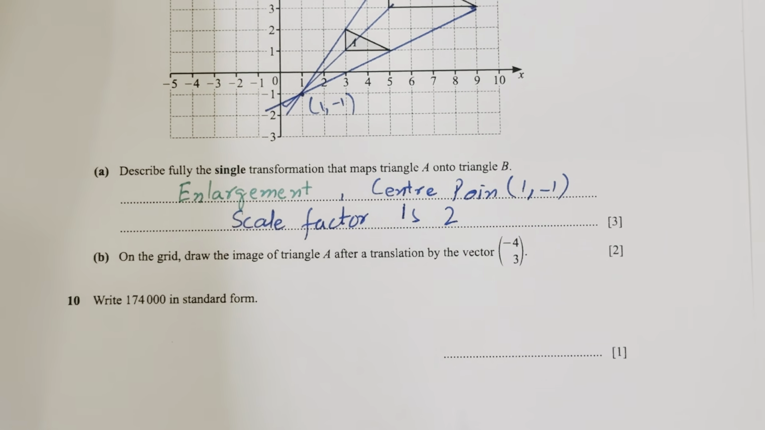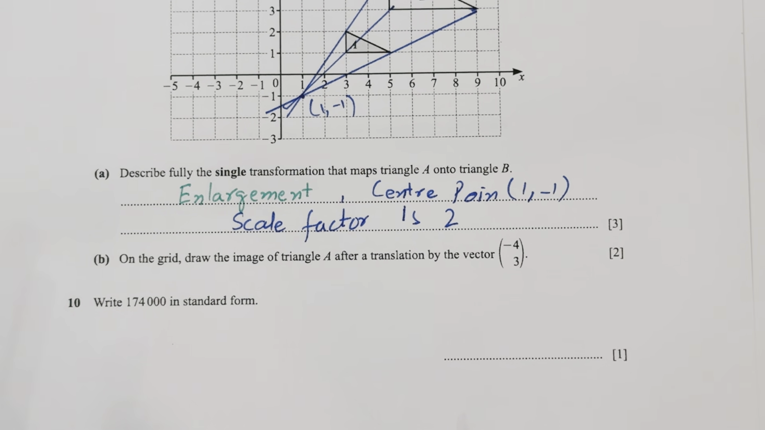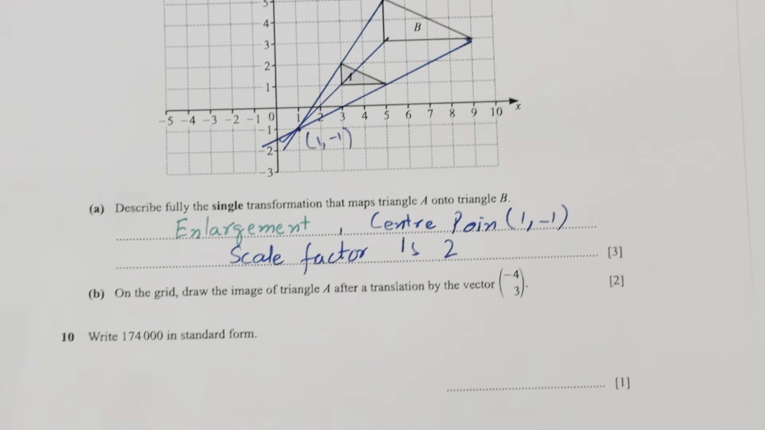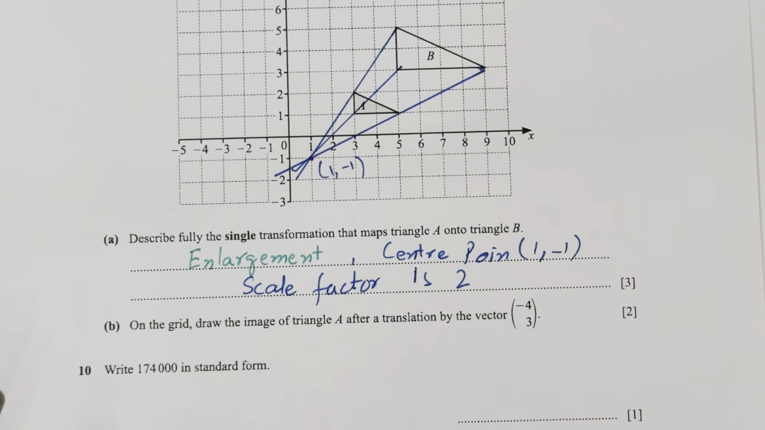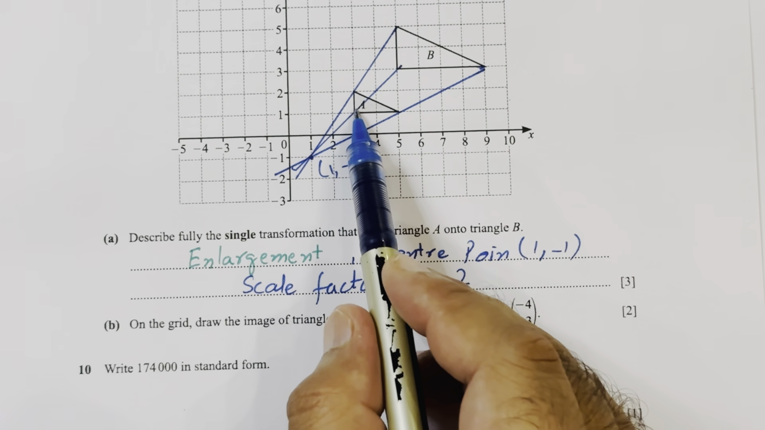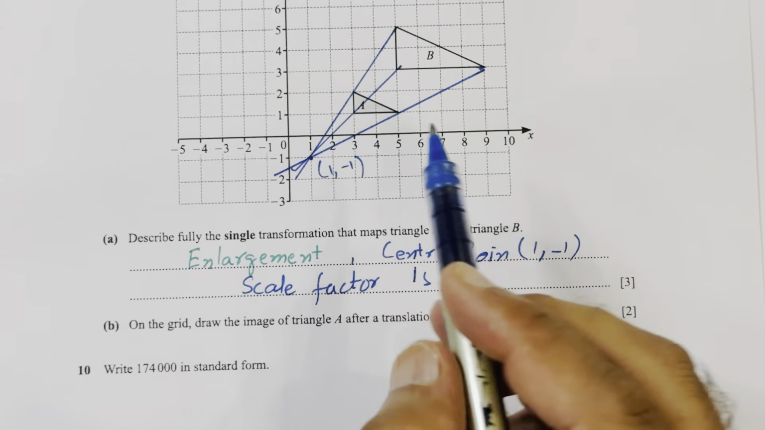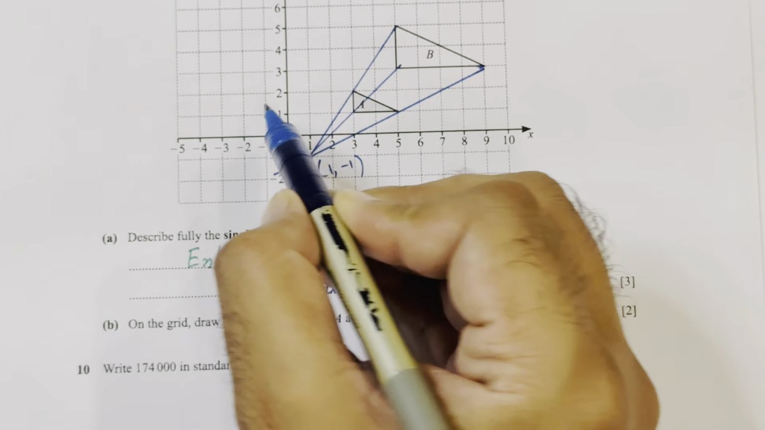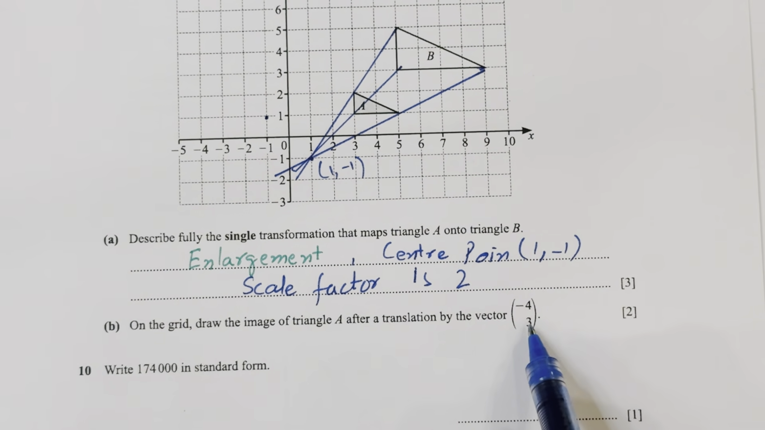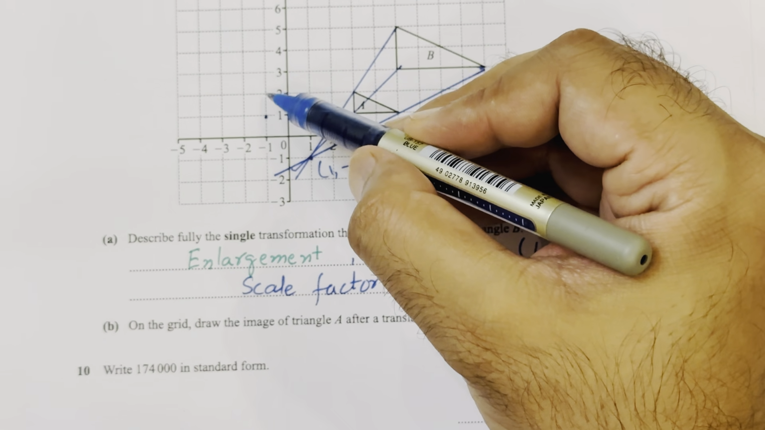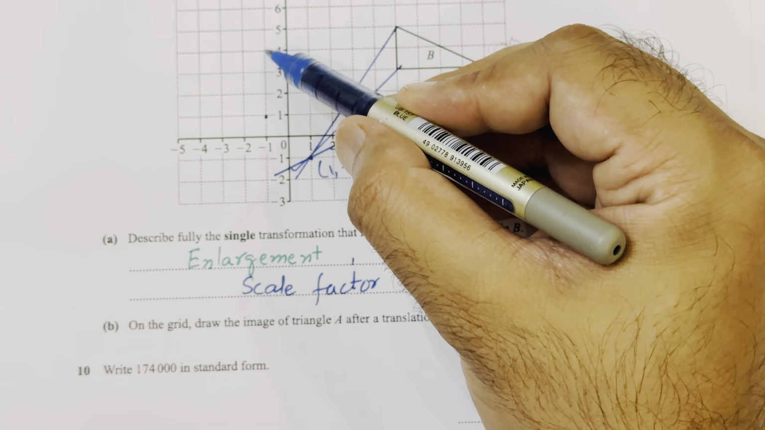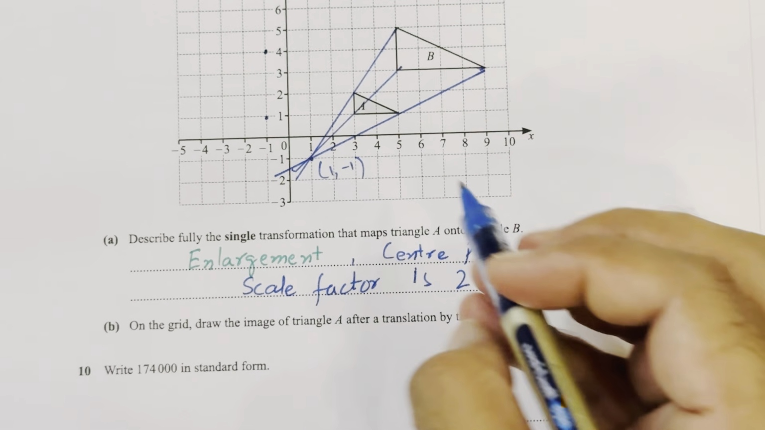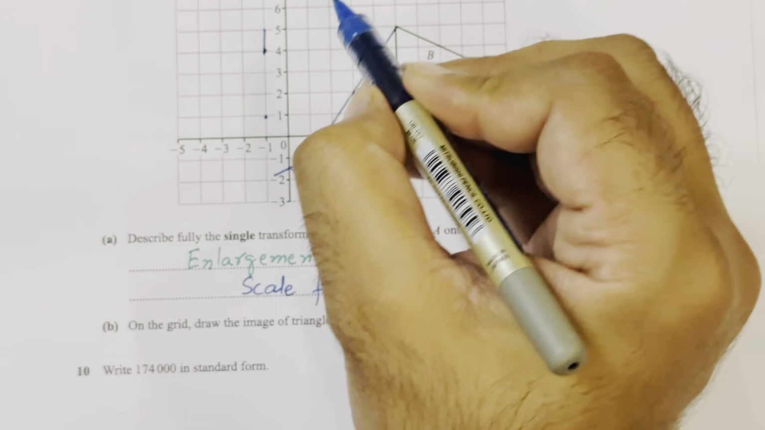Moving to next question. On the grid, draw the image of triangle A after a translation by vector -4 and 3. So it means that -4 means you need to move 4 boxes from here. So this would be 4 boxes, 1 2 3 4, and you need to go 3 boxes up, 1 2 3. So this would be your third box. Now you need to draw this triangle like that,